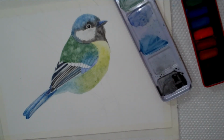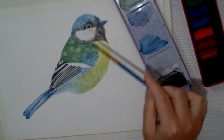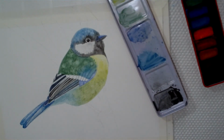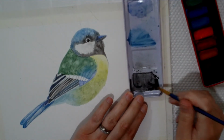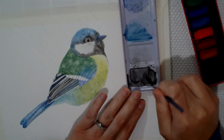Okay, so we've added some detail onto the cheek, but around that cheek the black is very black. So let's have a look at that now. So I'm re-wetting this black that's in my palette. That's dried. And I'm going to